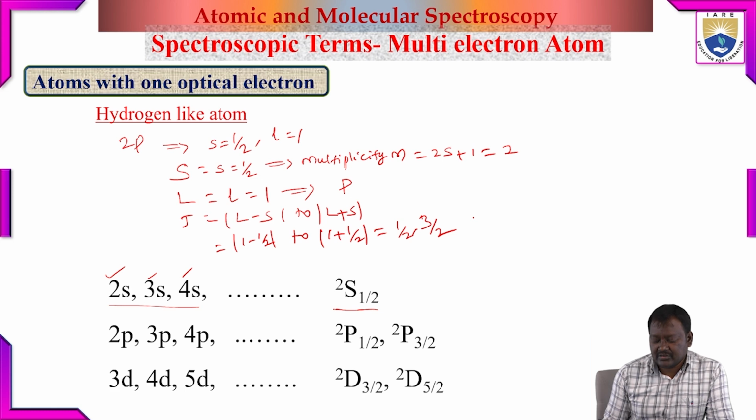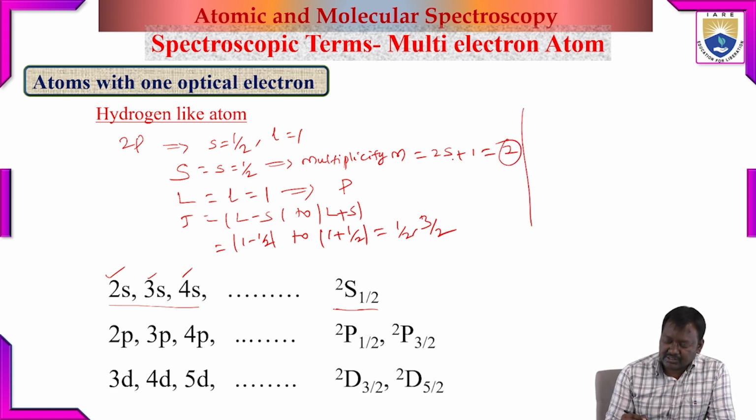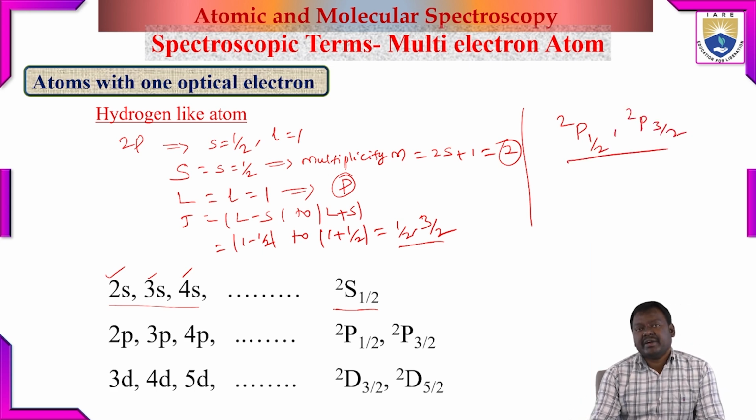These are the J values. So this is the multiplicity, this is the spectral term, and these are the J values. The final spectral terms can be written as 2P 1 by 2 and 2P 3 by 2. These two are the spectral terms